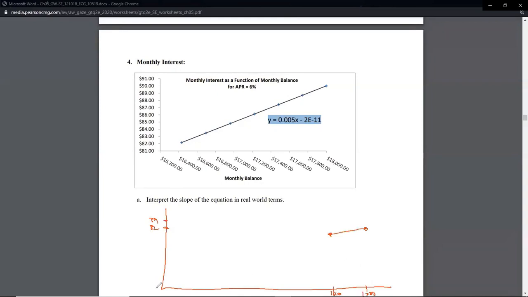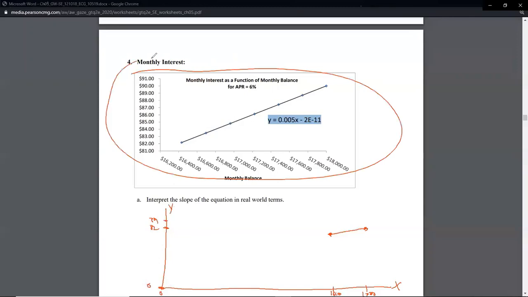This is a much better depiction if you want this to be 0 and 0 on the x and y axis respectively. That's what I mean by this picture right here is really a zoomed in picture of this model, this graph below, because this one does not have 0 labeled on the y-axis. This does not have 0 labeled on the x-axis.